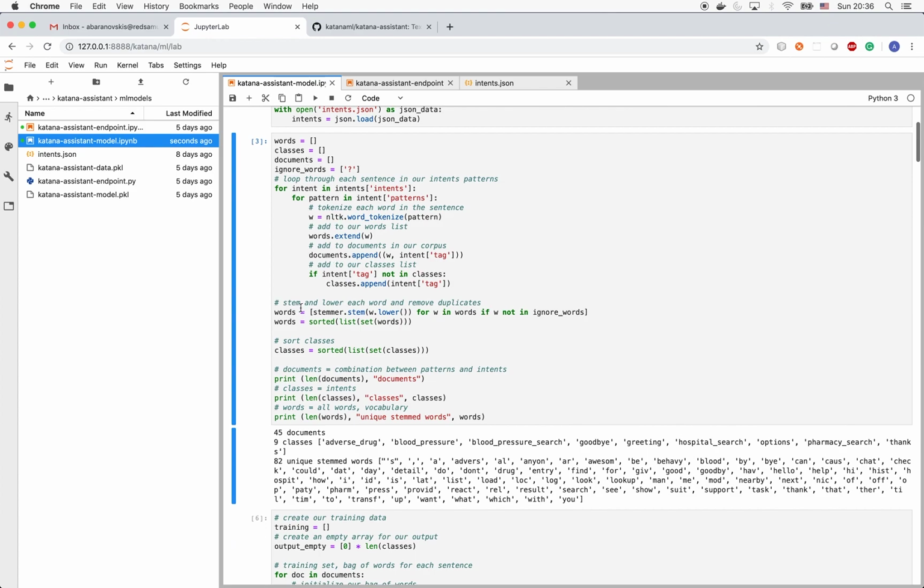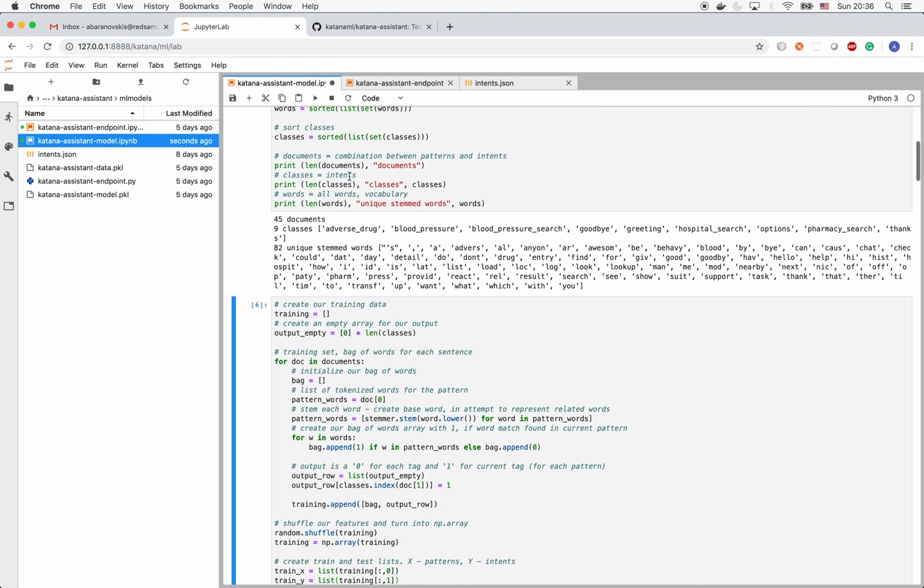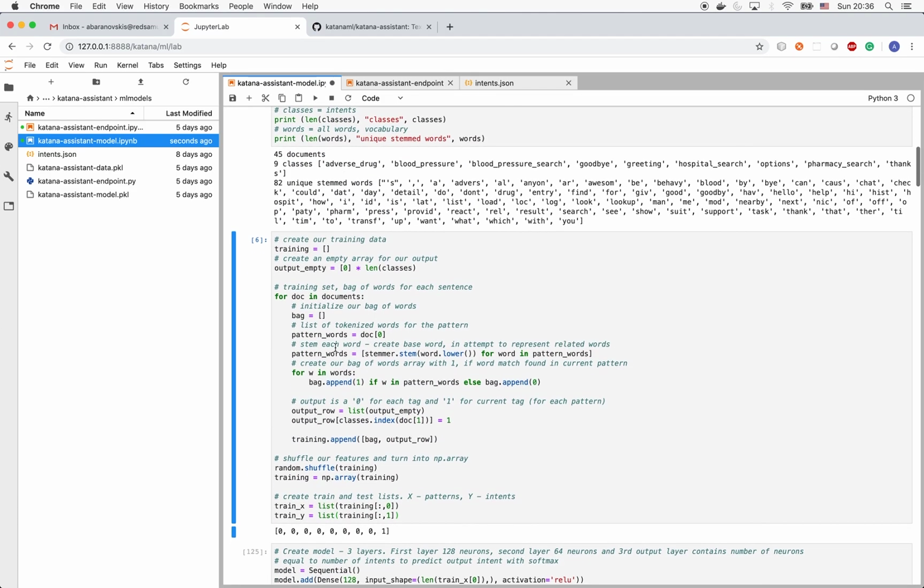And then before doing the training we need to clean up and prepare the data. So we split data into words, documents and classes. So in this step we create the vocabulary which will be used for training, right? And what's next, we